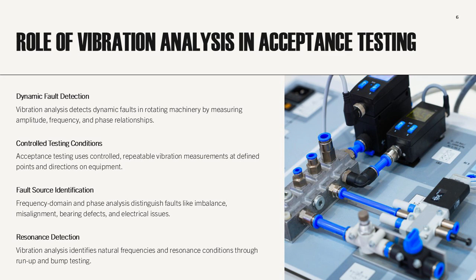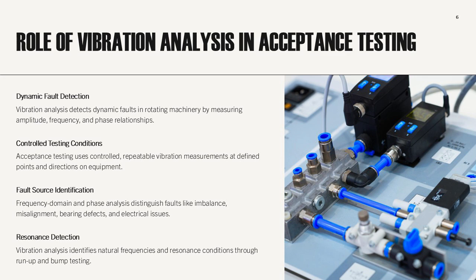Another key advantage of vibration analysis is its ability to detect resonance conditions. Through run-up, coast-down, and bump testing, engineers can identify natural frequencies of the machine, foundation, or connected piping. Ensuring adequate separation margins between operating speeds and natural frequencies is a fundamental acceptance requirement. Overall, vibration analysis provides objective, quantitative evidence that a machine meets acceptance criteria, making it an indispensable tool for engineering-grade